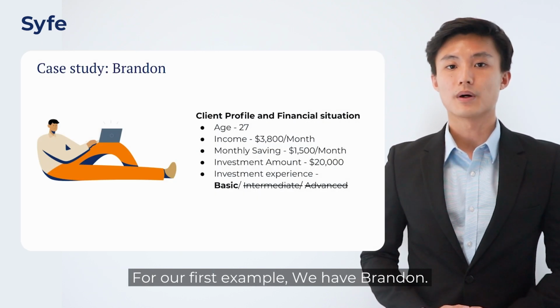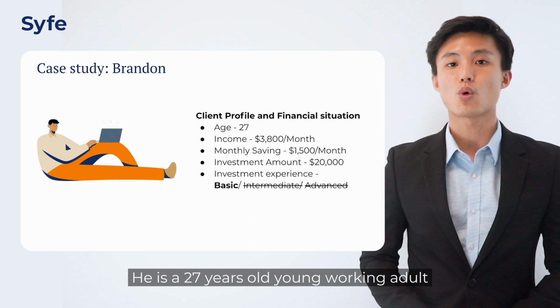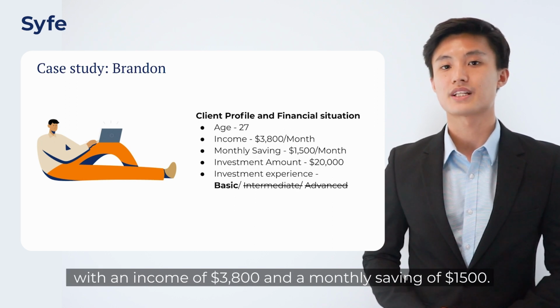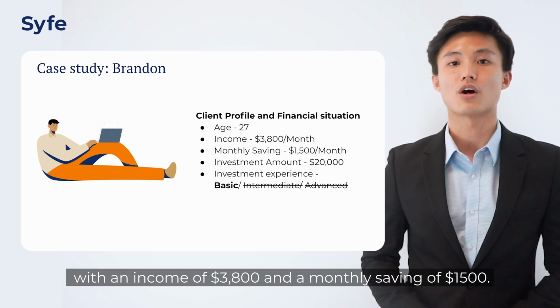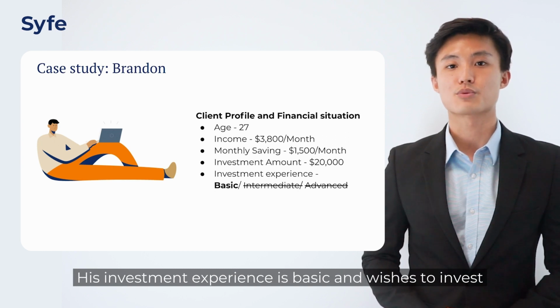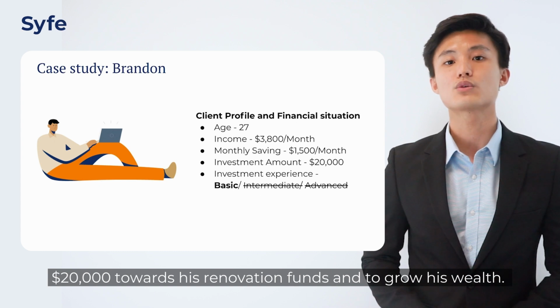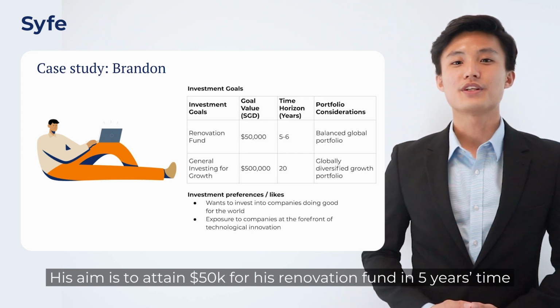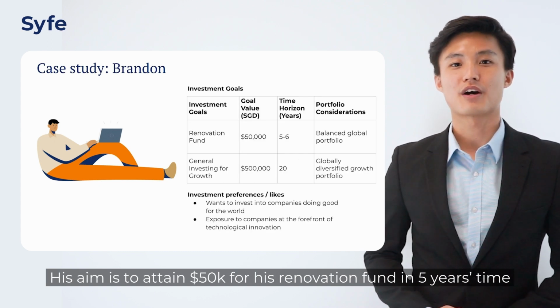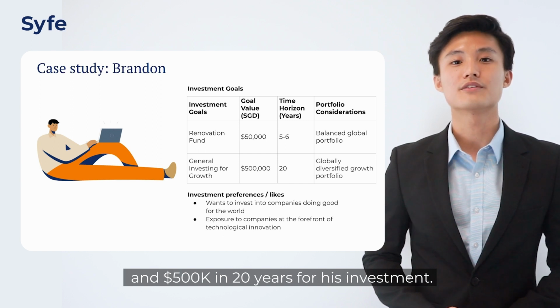For our first example, we have Brandon. He's a 27 year old working adult with an income of $3,800 and a monthly saving of $1,500. His investment experience is basic and he wishes to invest $20,000 towards his renovation funds and to grow his wealth. His aim is to attain $50,000 for his renovation fund in 5 years' time and $500,000 in 20 years' time